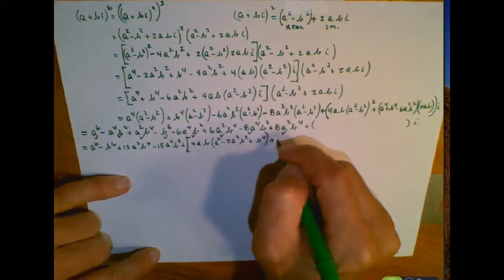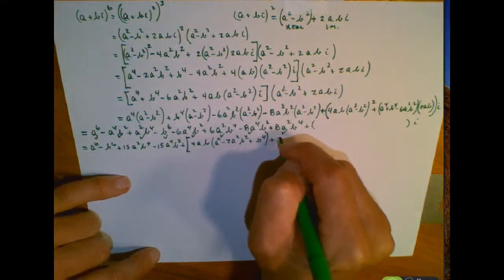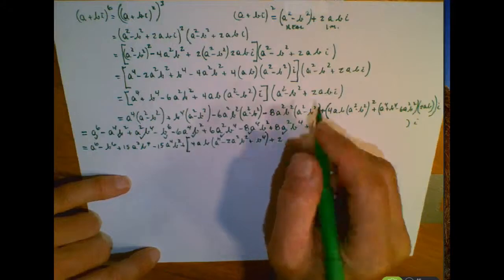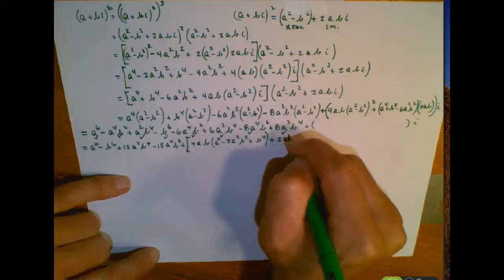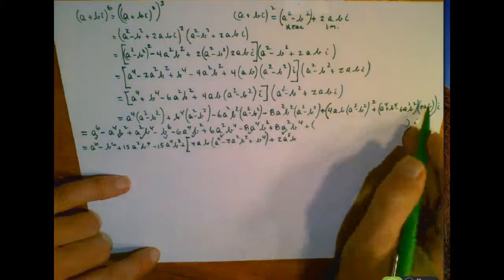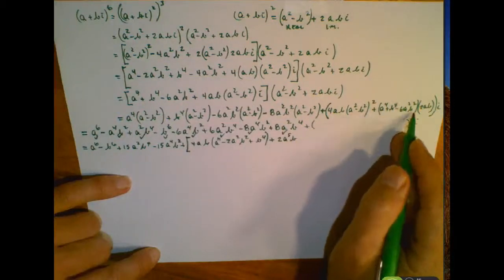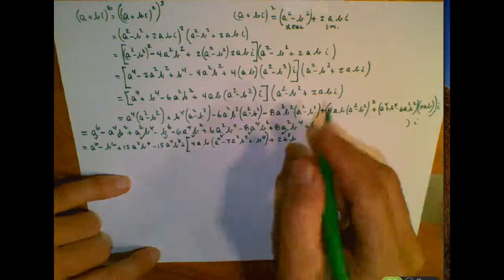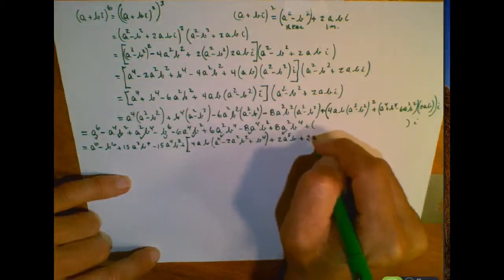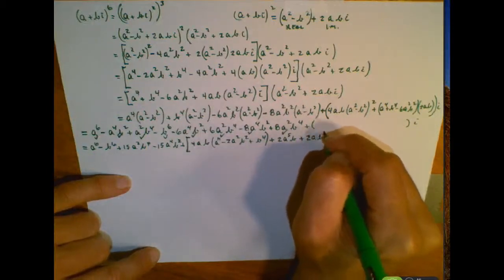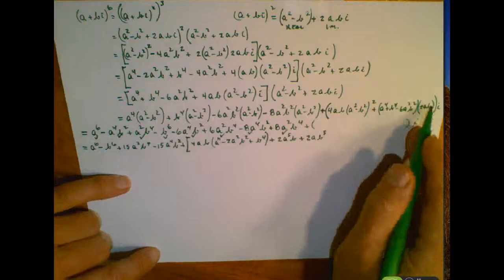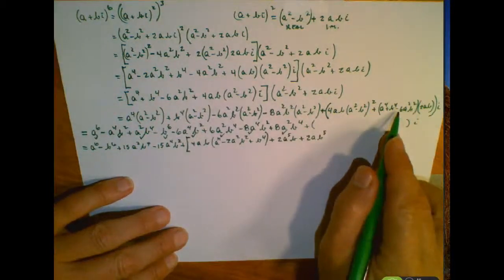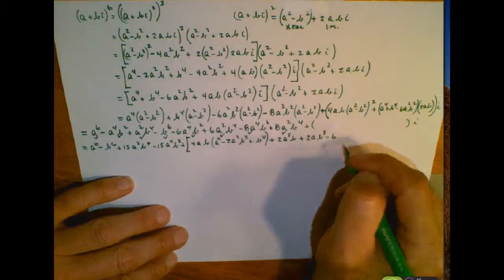This is just going to be plus 2a to the fifth b. That's if I distribute that one. And then I'm going to distribute this 2ab to the fifth, plus 2ab to the fifth. That's that one. And then finally, my third one is going to be minus 6